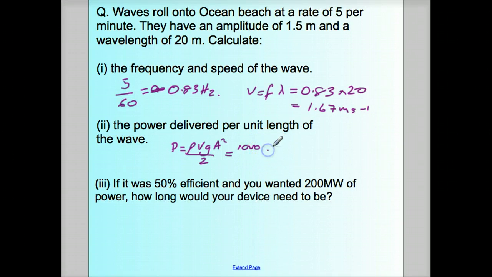We have the speed of the wave, 1.67. Gravitational field strength, 9.81. Amplitude squared, the amplitude is 1.5 meters, so 1.5 squared, all over 2, which gives us